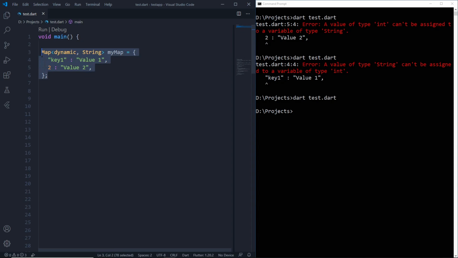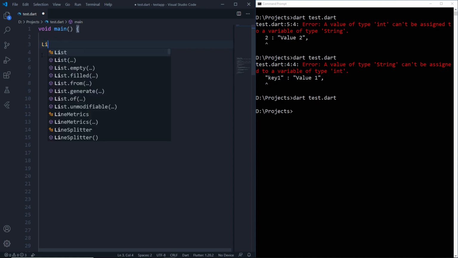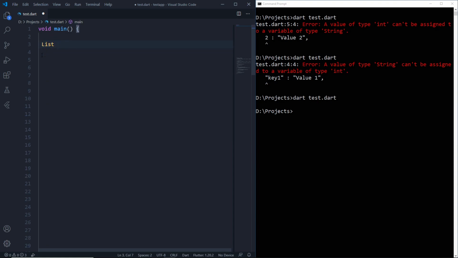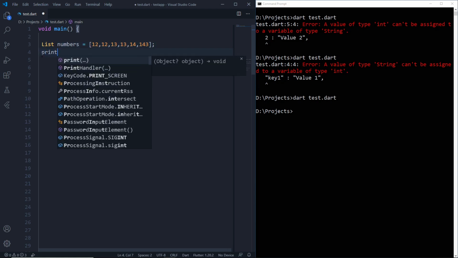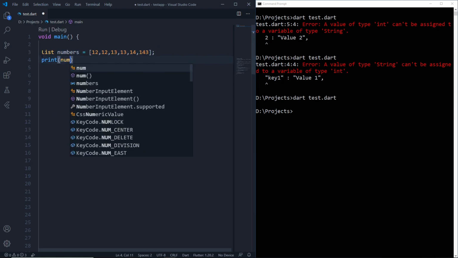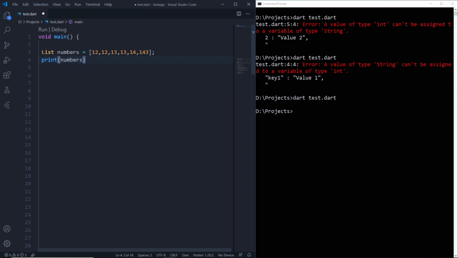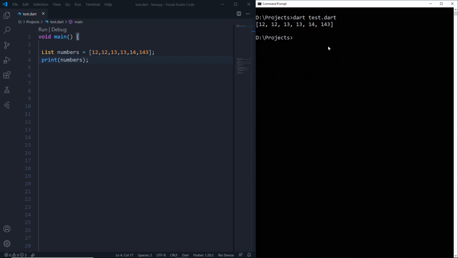The next thing that most people ask about is list to map, getting the values of the map and all. So first we'll talk about toSet. Let's say I create a list of some numbers, right? Now this list contains numbers. I have 12, 12, 14, 13, 14, 14, 143, right? I save this and I'm simply printing all these numbers. Now when I print this, I get this complete list.